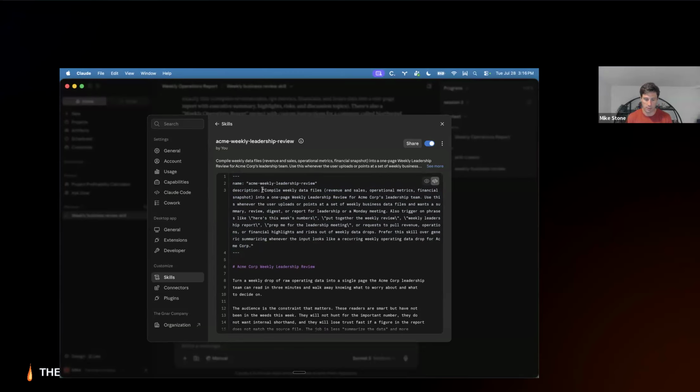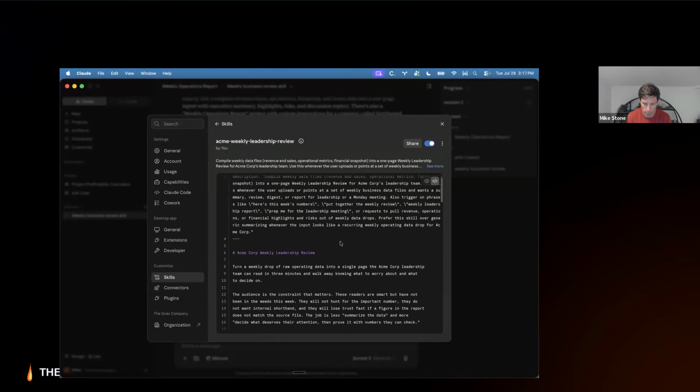We're saying we want to compile weekly data files into a one-page weekly leadership review for Acme Corp's leadership team. Use this whenever the user uploads or points at a set of weekly business data files and wants a summary, review, digest, or report for leadership or a Monday meeting. Also trigger on phrases like, here's this week's numbers, put together the weekly review, weekly leadership report.